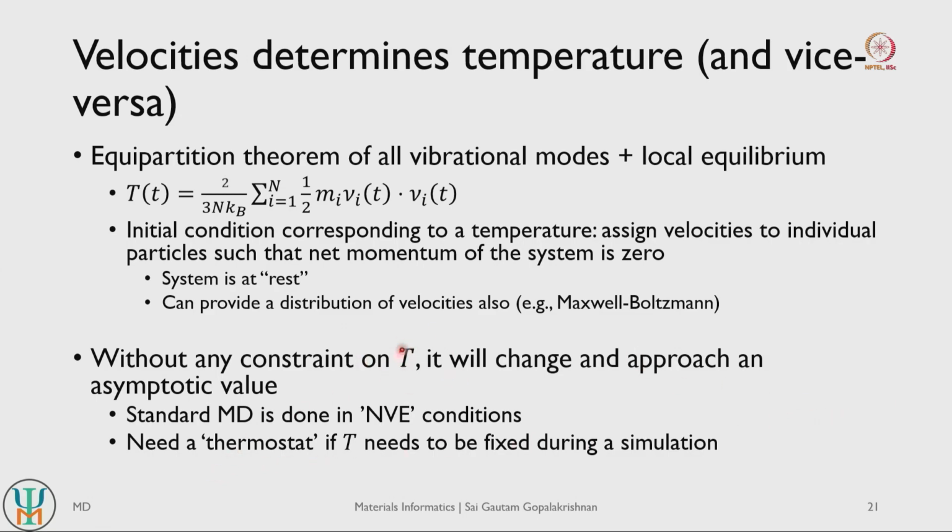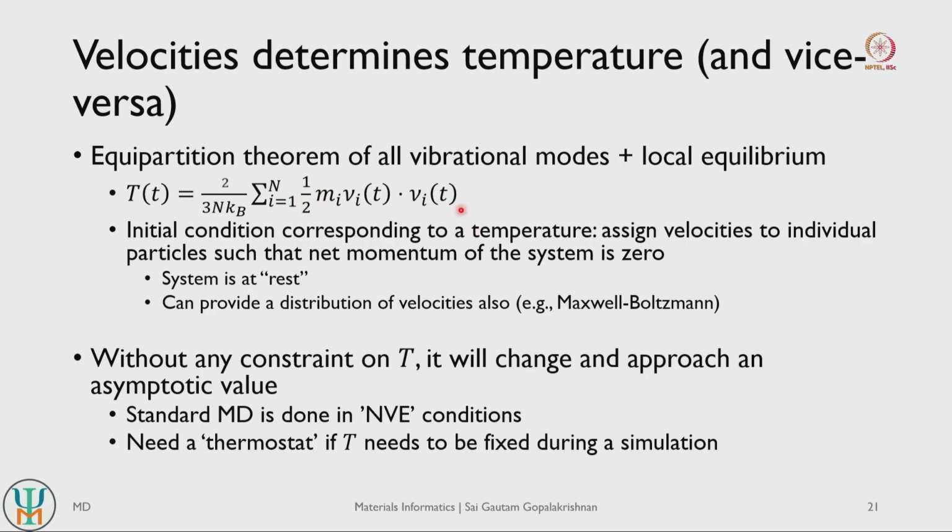Now if you need to constrain the temperature, or control the temperature in your dynamics, then you need to use what is referred to as a thermostat, right. Using a thermostat, you can fix your temperature and control it during your simulation. So when you fix your temperature, you change this ensemble from NVE to NVT. So you fix the number of particles, volume, and also the temperature instead of the energy, because when you fix the temperature, the velocities automatically get fixed, right, and hence your energy is no longer conserved. Because if your velocities are changed according to how temperature is changing, then the distribution of energy between your kinetic and potential energies will not be the same.